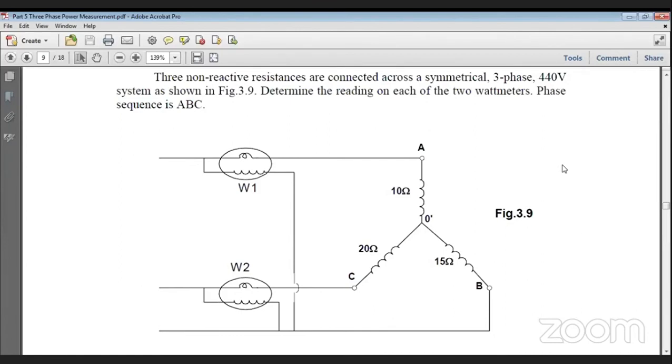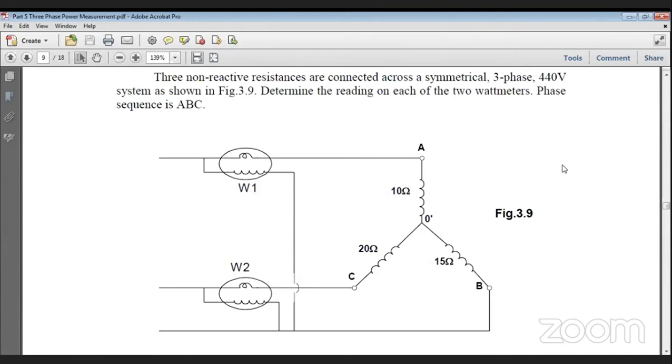Now, in an induction motor, there are two parts. One is the static part, that is the stator, which is not rotating, but there is a rotor which is rotating. That you will come to learn later on, that the frequency of the stator and the rotor is not the same. They are different, and that depends on the speed. Now, if that is the case, then your XL will be different.